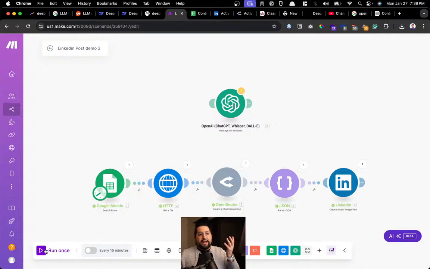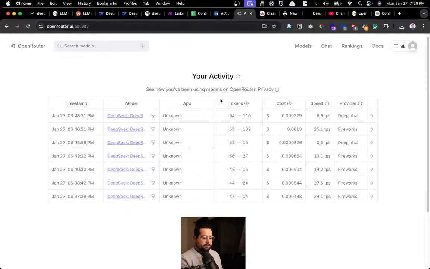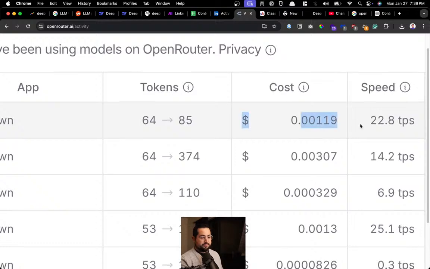So for reliability, I would still use ChatGPT and OpenAI Assistant. It didn't crash whenever it ran, and it ran a lot faster. So that's something I noticed. Again, you've got to play with these automations before you deploy them in your workflow, but you have options. So it deployed the second time. We could look at the cost. What did that cost us? Fraction of a penny. That's cool.